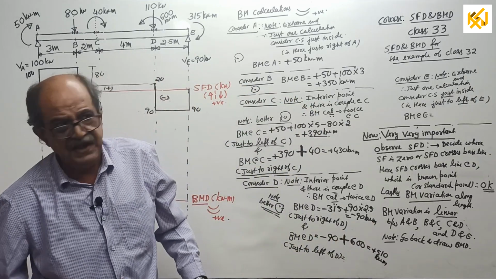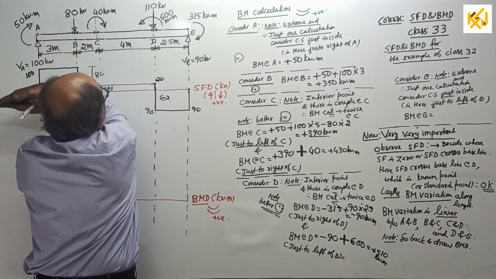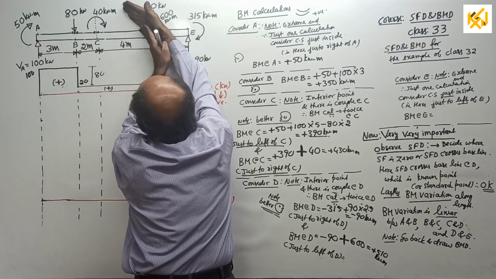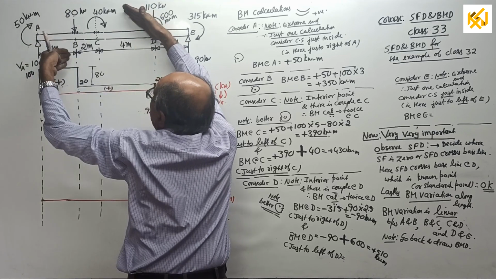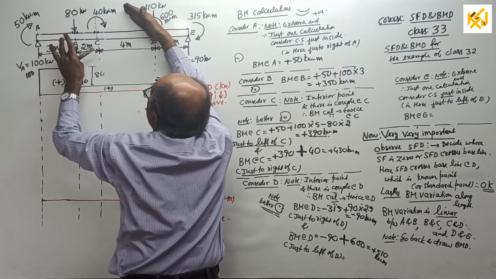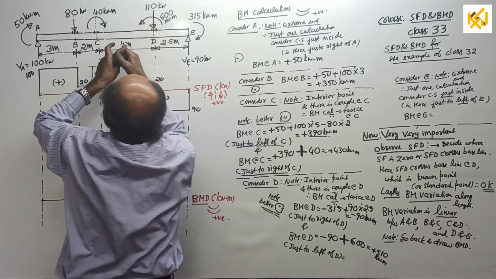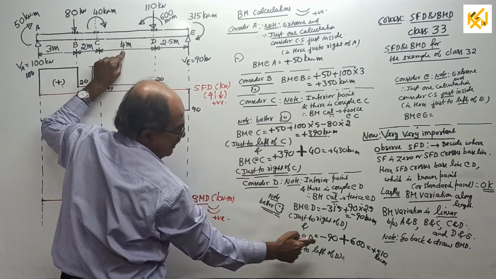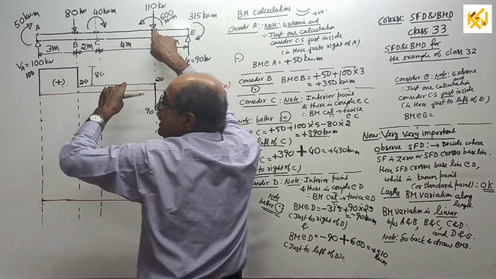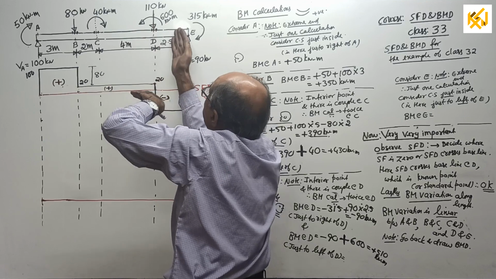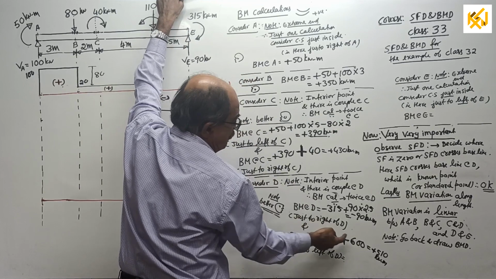Okay. Now, those who are interested, at D you can write if you want. Suppose you are looking left side. See, first find bending moment at D, this side. Without cover completely, don't cover everything. Plus 50 plus 100 into 9 minus 80 into 6 plus 40. You will 100% get 510 kN meter. When you come to just to left to just to right, it will be same plus 510. See, when you come here, minus 600. Why? From here if you look, it is minus 600. It will come back to minus 90.